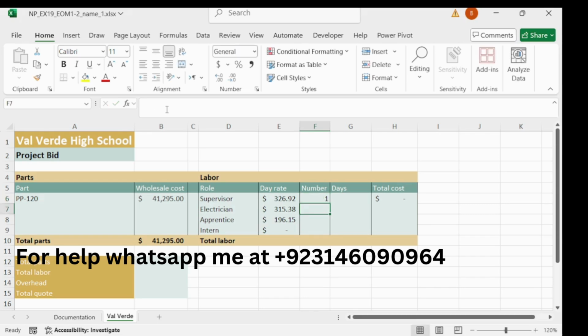Enter 1, and in F8 enter 2 and 2, and in G6 enter 8.00 and 15.25, 42.50 and 42.50.